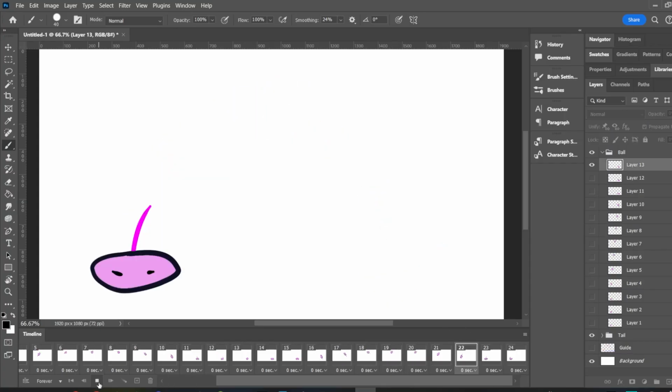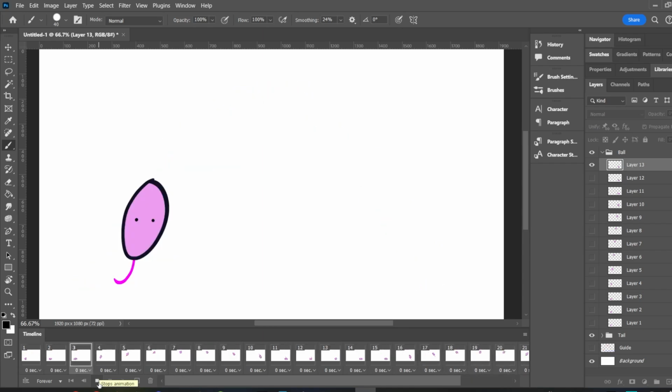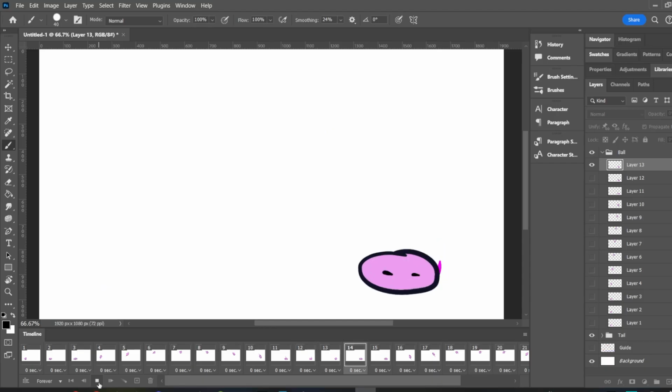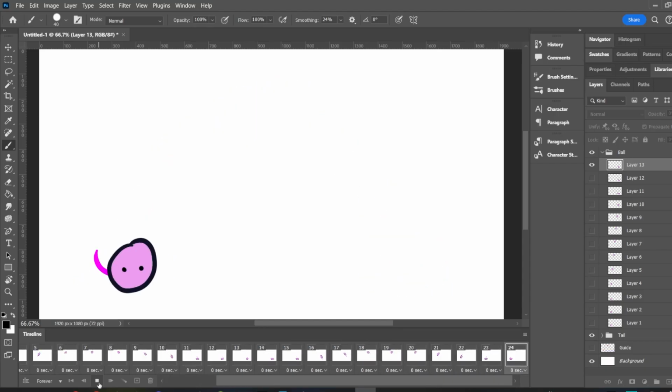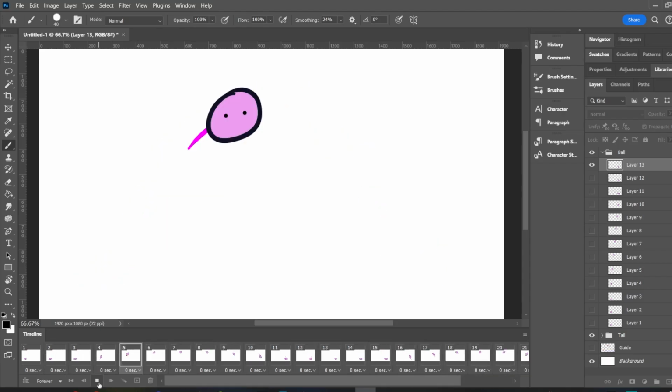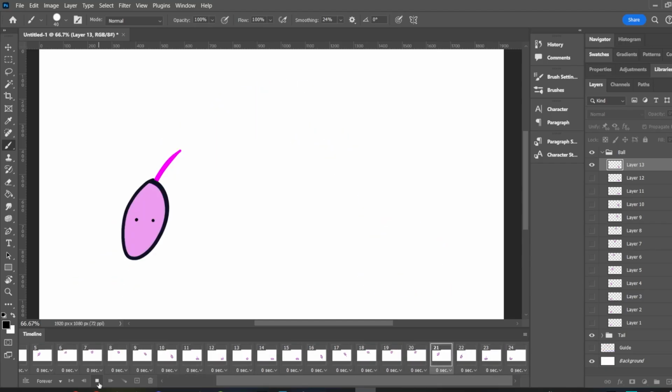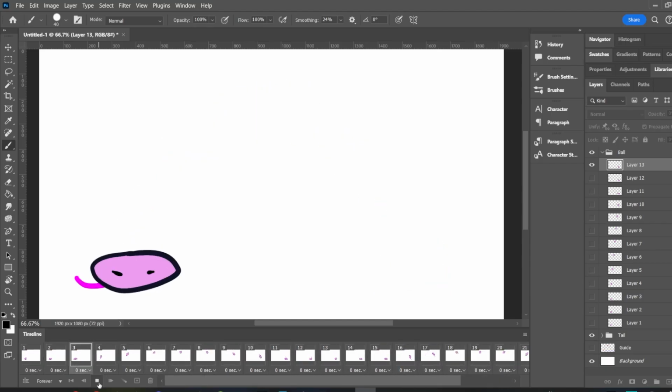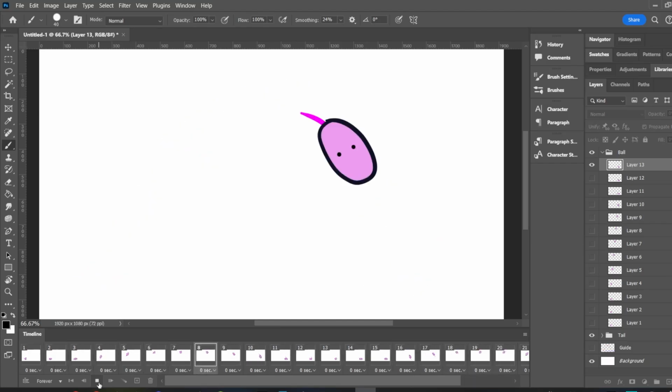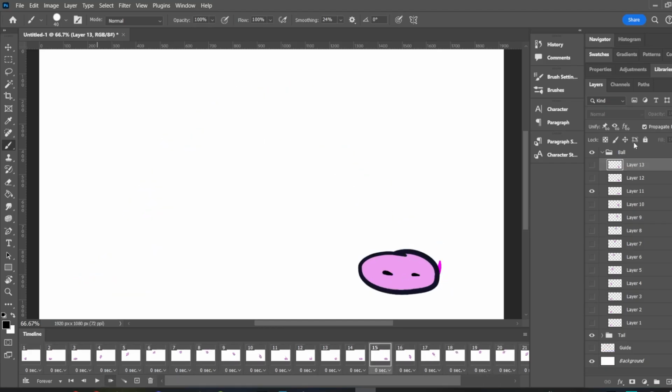If you play this, there we go. We've got a nice little animation. I probably could work on the eyes a bit more, make them all cuter, bigger maybe. But in essence, this creates a nice appealing animation that accompanies all 12 principles of animation: the squash and stretch, solid drawing, appeal, secondary action, follow through, everything. So if you wanted to export this as an animated GIF to bring to your game,